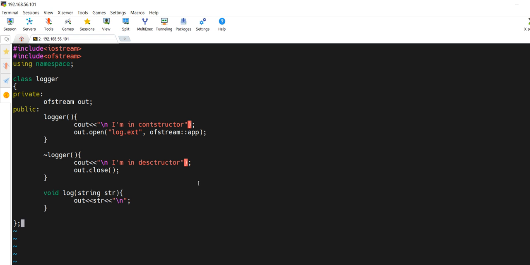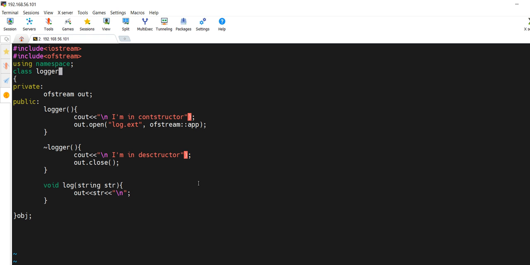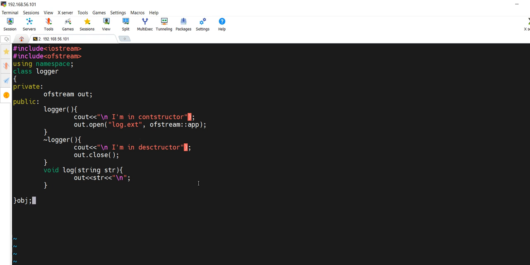This is done, and I will create its object here. I can create it inside main also. I'll just make it short: integer main, and inside main I will create an object of logger,